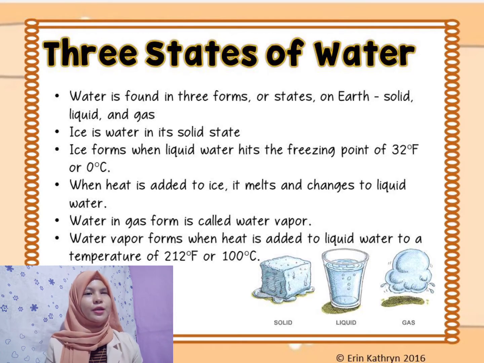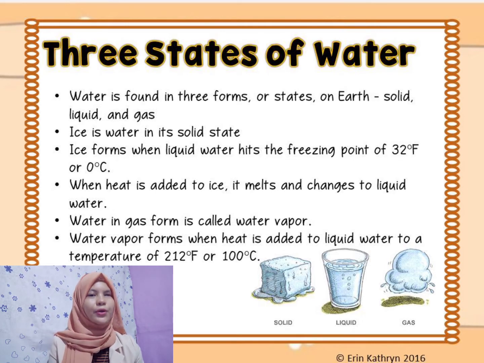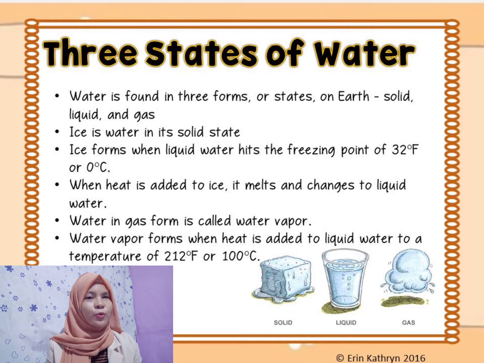Ice is water in its solid state. Ice forms when liquid water hits the freezing point of 32 degrees Fahrenheit or 0 degrees Celsius. When heat is added to ice, it melts and changes to liquid water. Water in a gas form is called water vapor. Water vapor forms when heat is added to liquid water to a temperature of 212 degrees Fahrenheit or 100 degrees